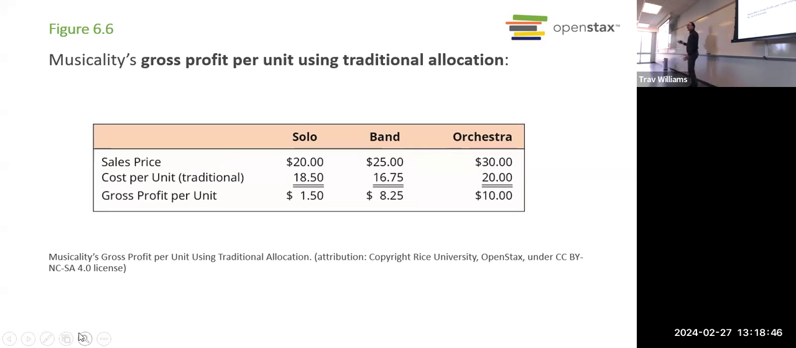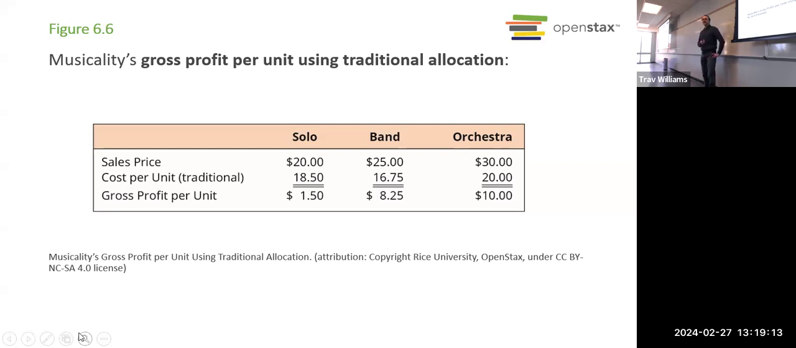So that's why we need to do this, right? That's why we need to go through this process of coming up with an overhead rate, applying it, and then figuring out how profitable is each product. So if this is correct, when we sell a solo product, we make $1.50. If we sell a band product, we make $8.25, and if we sell an orchestra product, we make $10